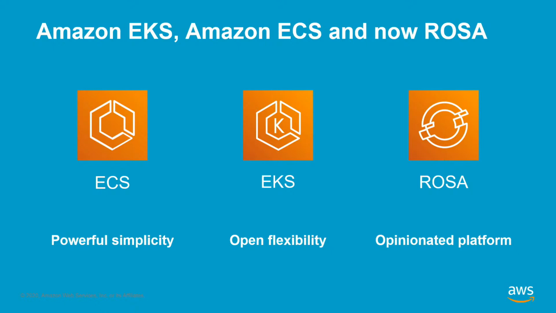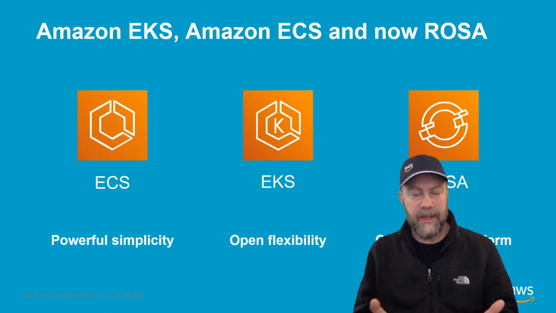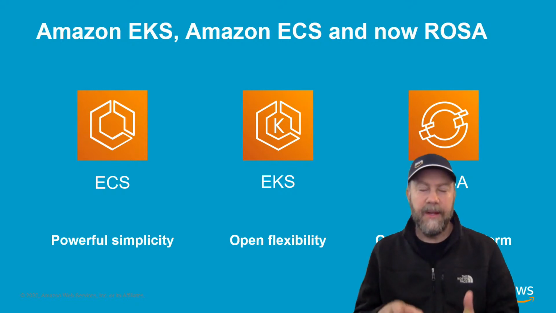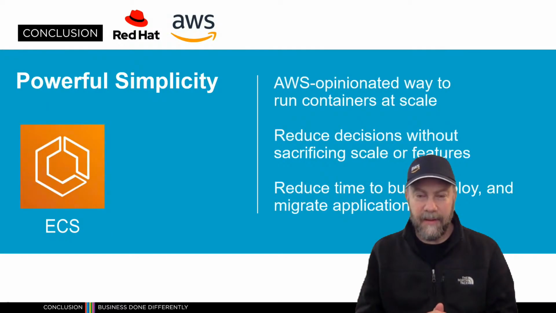So ECS really is how AWS started with containers at scale. And ECS is just a natural way for our customers, for AWS customers, to orchestrate containers by leveraging a lot of what they already know on the AWS stack. So if they already are familiar with load balancers and VPCs, et cetera, ECS is a great fit for that, which is in the next slide.